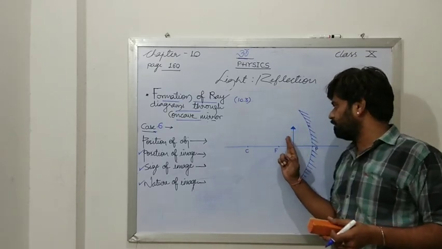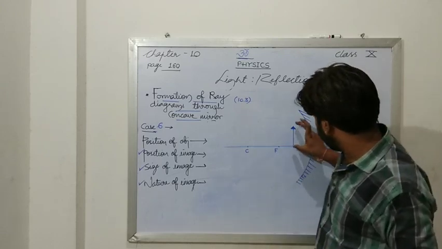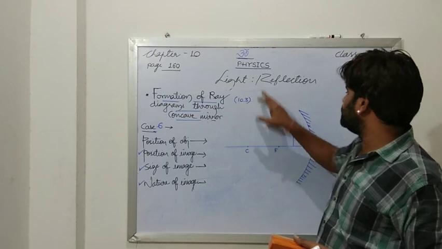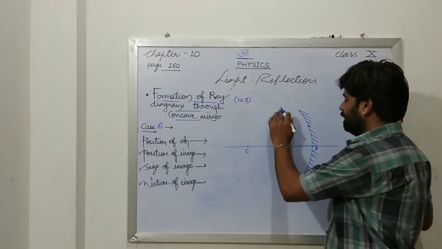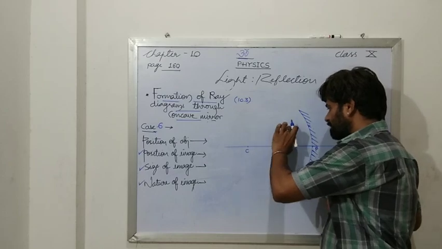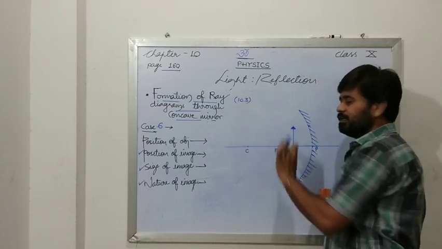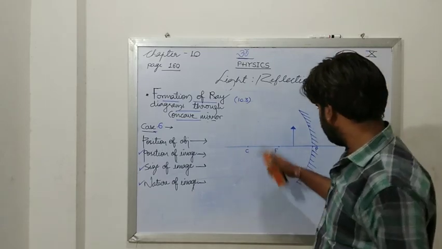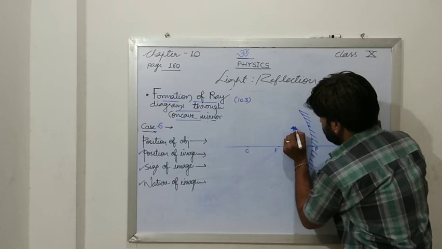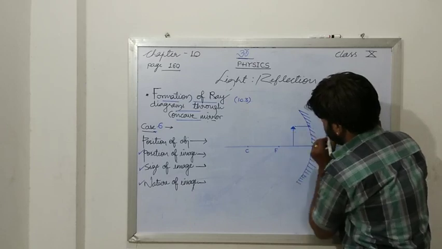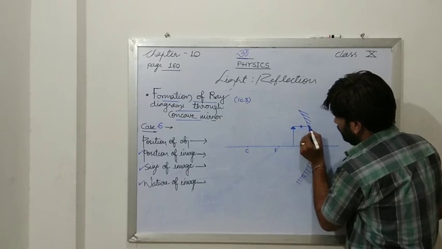One more thing, don't put this object above the second line. You have rule 1, 2 and 3 lines. So the maximum height of this object you should carry with only 2 lines, so that you have a very comfortable zone regarding all these diagrams. The first one is when a light ray is parallel to the principal axis, just after reflection it will pass through